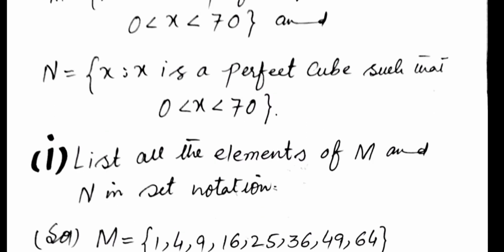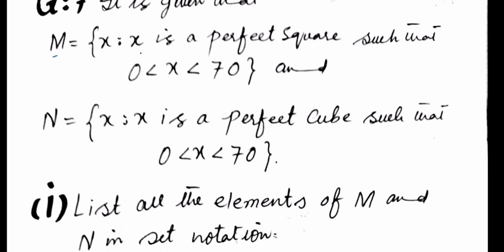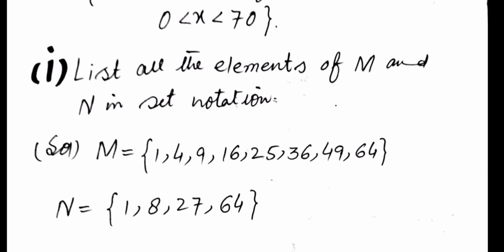It is given that set M is all those integers that lie between 0 and 70 and are a perfect square. What does it mean by the perfect square? A number x is called a perfect square